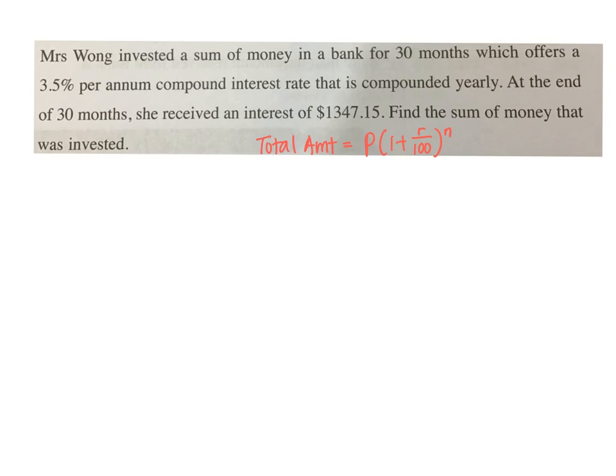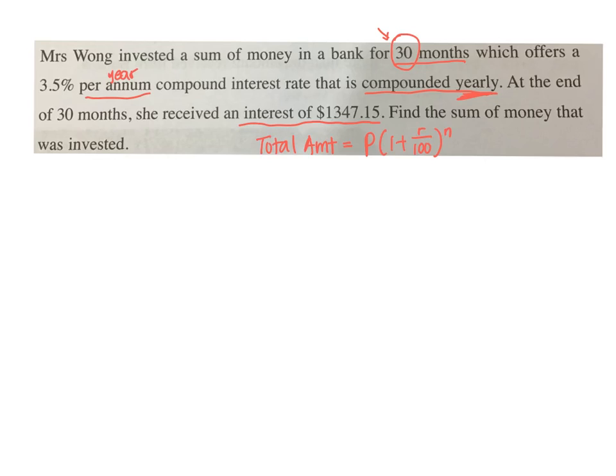Mrs. Wong invested a sum of money in a bank for 30 months, which offers a 3.5% per annum, meaning per year, compound interest rate, compounded yearly. If this is compounded yearly, what we need to do to our 30 months? We will need to convert this to year. So later we need to convert this to year. And at the end of the 30 months, she received an interest of